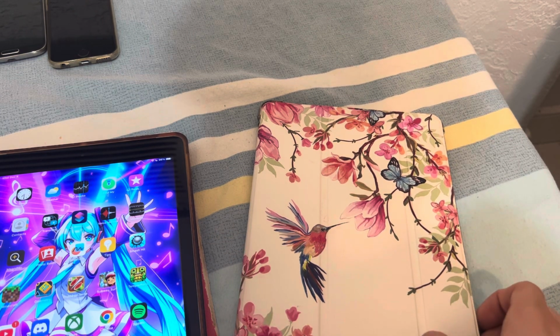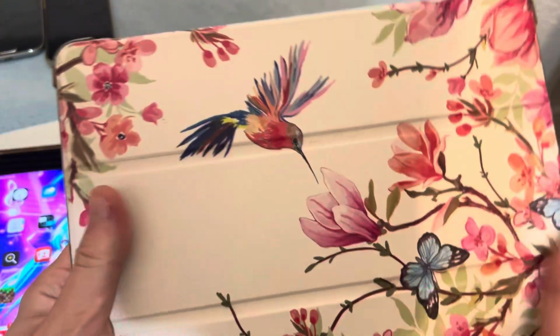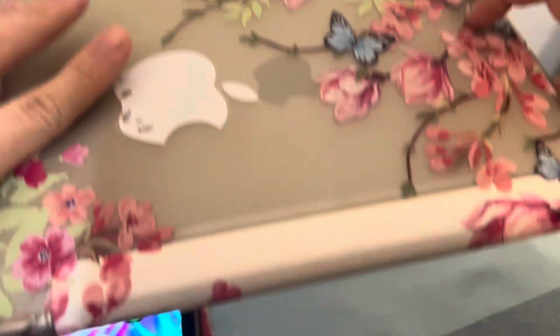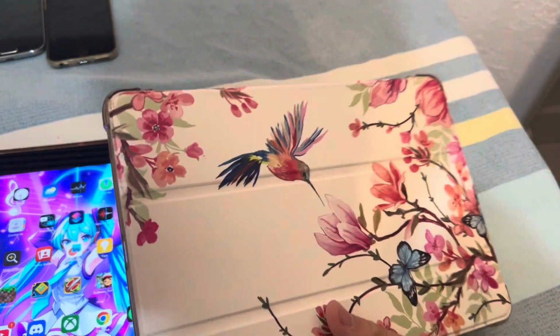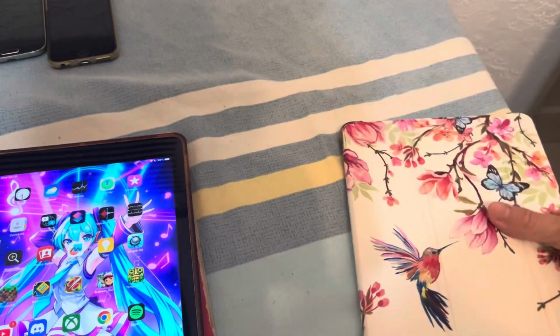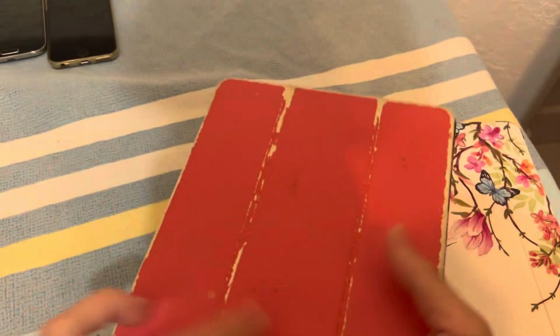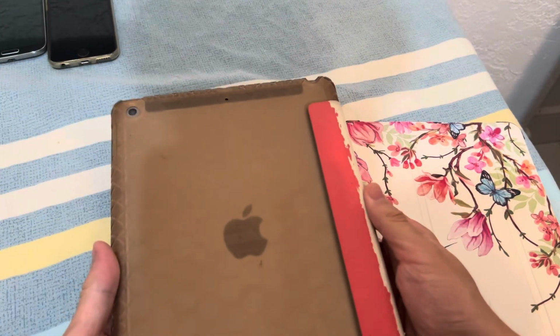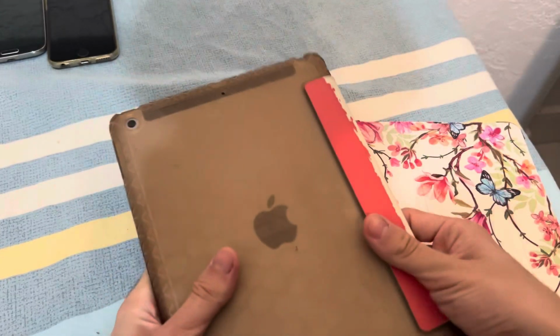I think one of my mom's friends bought this case for me off of Amazon, and overall it's a really nice case because it has flowers on here and a bird, and yeah, I've seen a bunch of iPad cases with these types of variants. So yeah, and then the iPad 5 I got came with just a plain looking case. The only thing about this case is that it looks extremely beat up, and